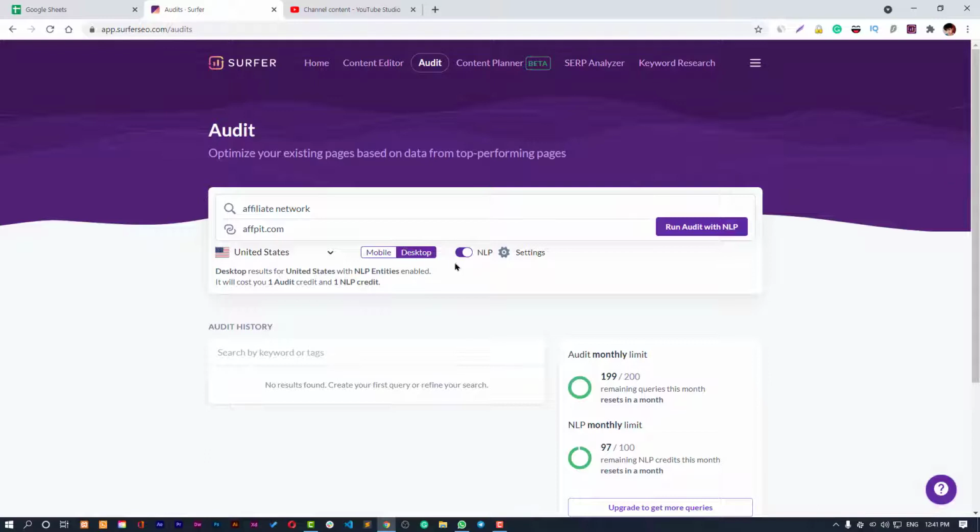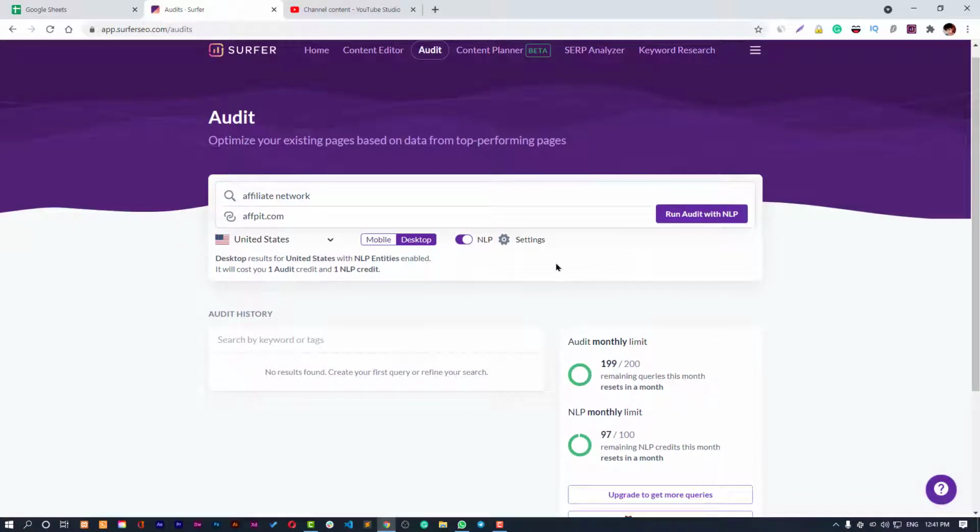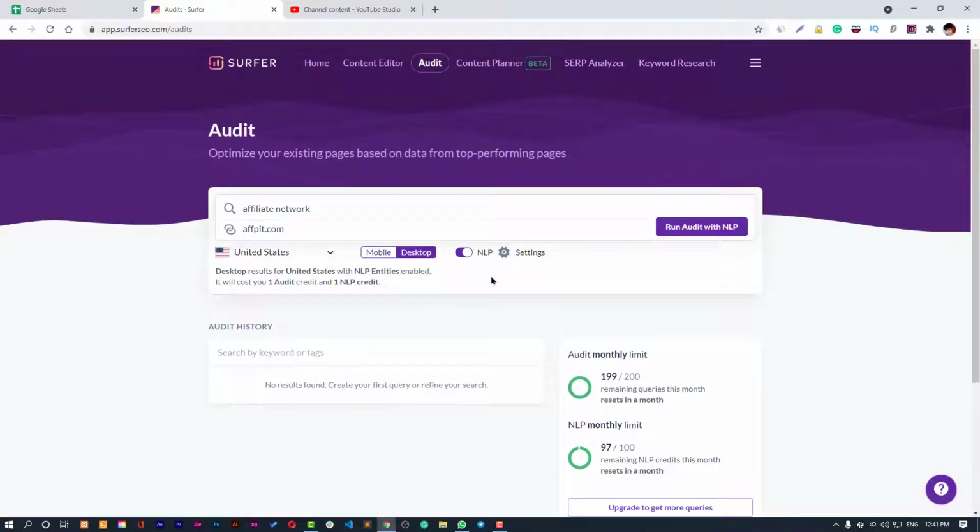And then you have a feature of NLP, natural language processing. That's a wonderful feature they have added based on Google algorithm updates like BERT and all. You can check out their tutorial or their academy to know more about why this tool is very important and how it helps you, and that's why it takes 1 credit every time you use NLP.